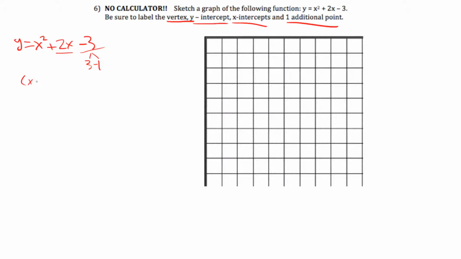So factored, we're looking at x minus 1 and x plus 3, which give us the zeros, x equals 1 and x equals negative 3. So I got my 2 points right there. I've got negative 3 comma 0, and I've also got 1 comma 0. 2 points down. To find the vertex, like I said, I can complete the square on this, and if I